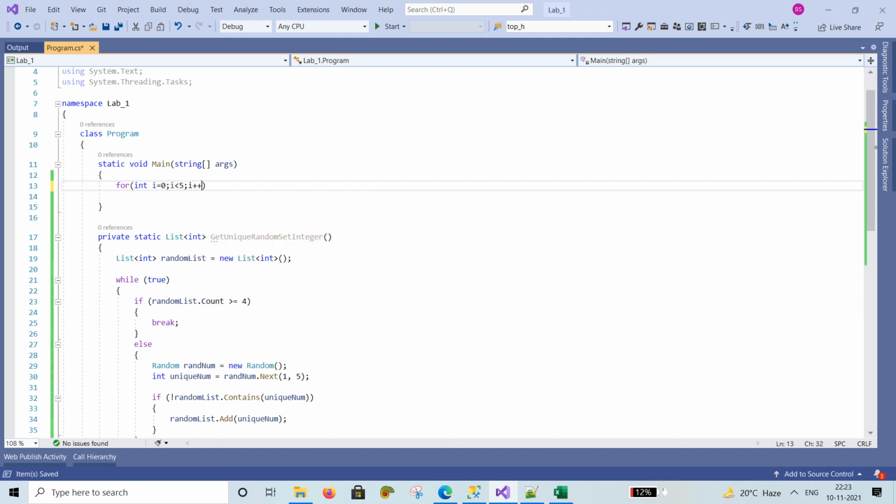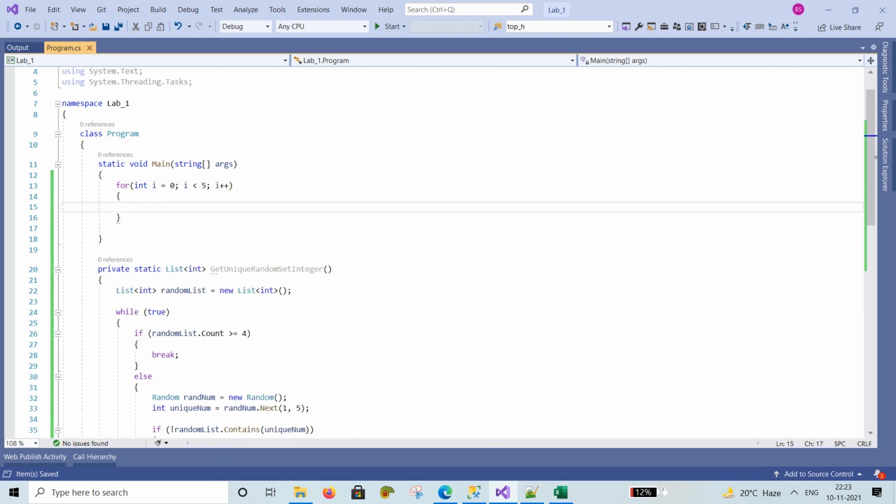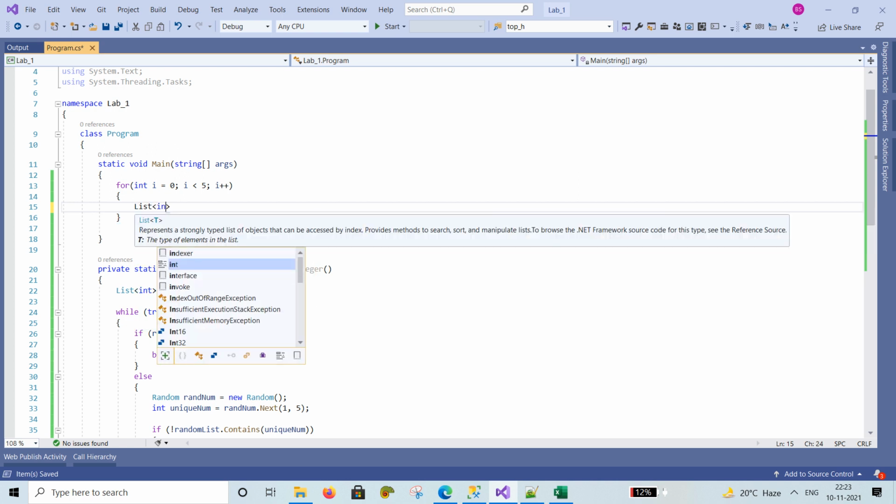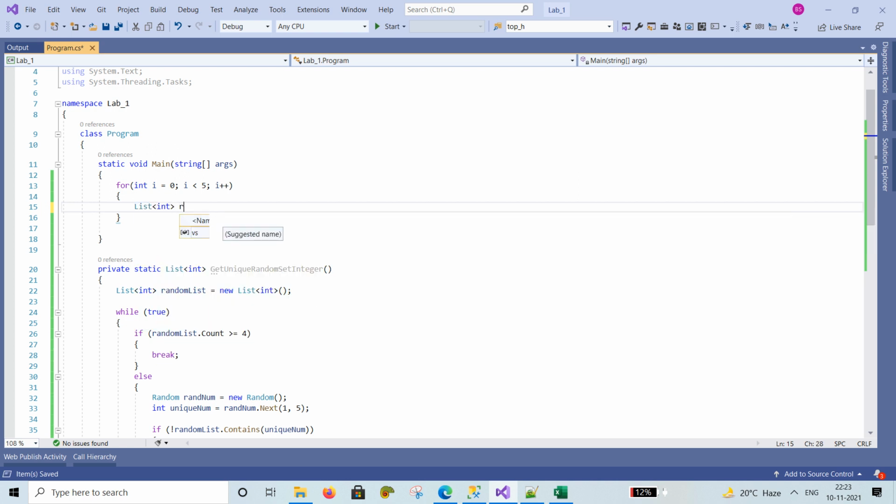Create here a list of int, random set of integer, equal to get unique random integer. It always returns a random set of 4 integers.